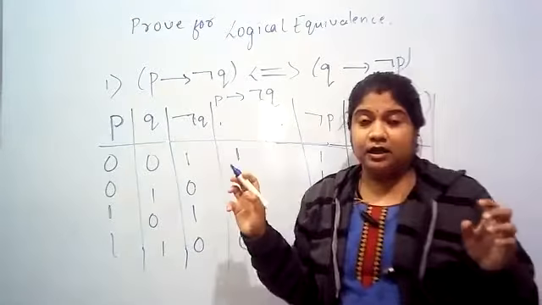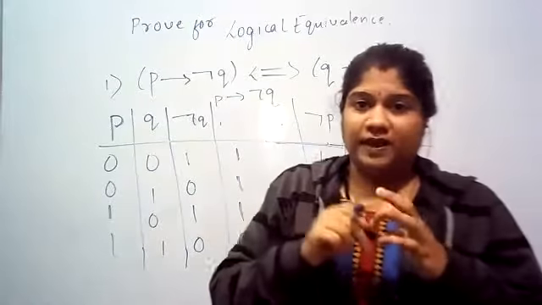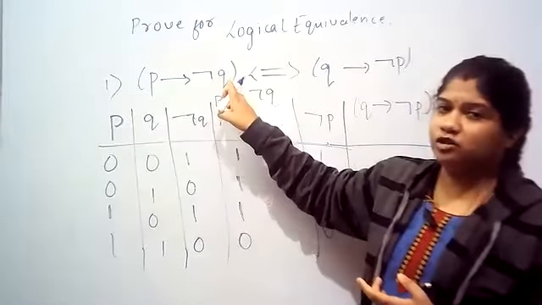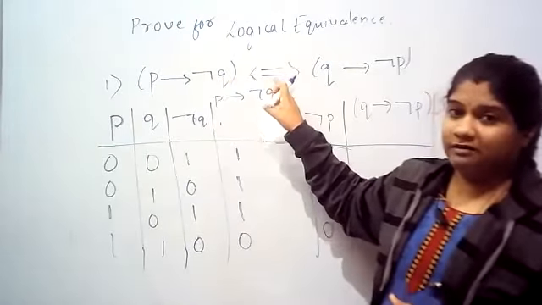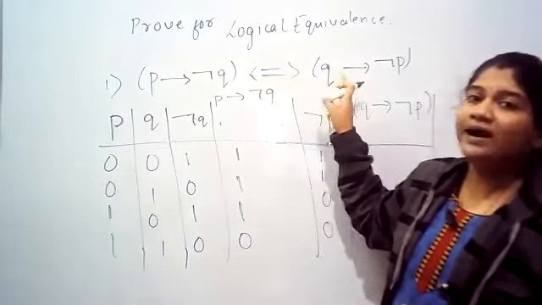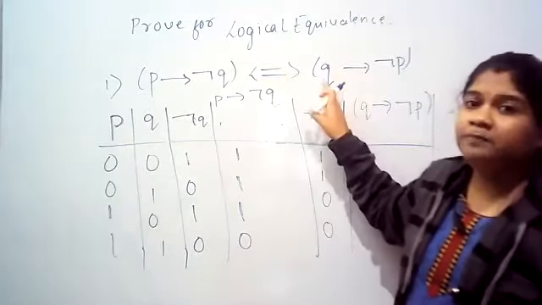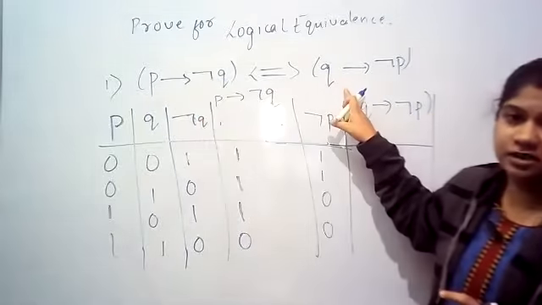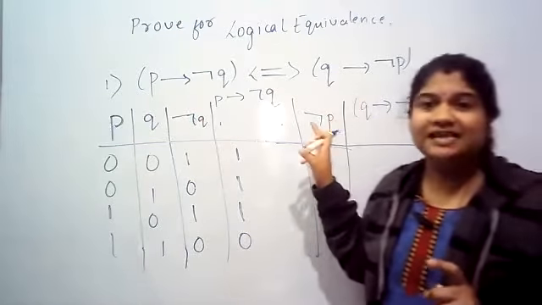For example, consider three propositions P, Q, R are given. At that time, for example, P condition Q is logically equivalent to Q condition R, if that is given, only then should you consider it as P Q. Otherwise here it is reversed. If you see here it is reverse.